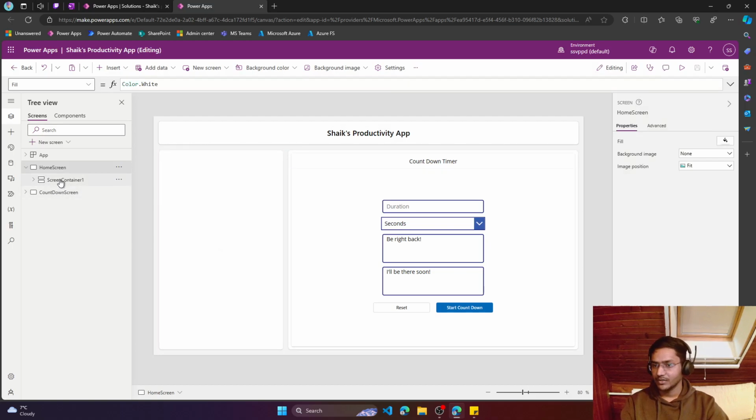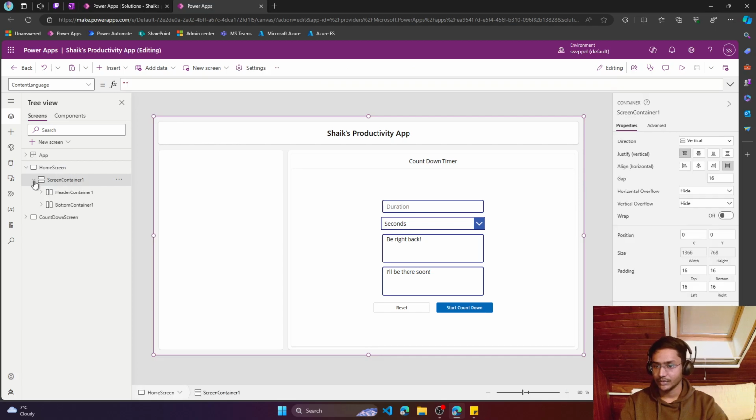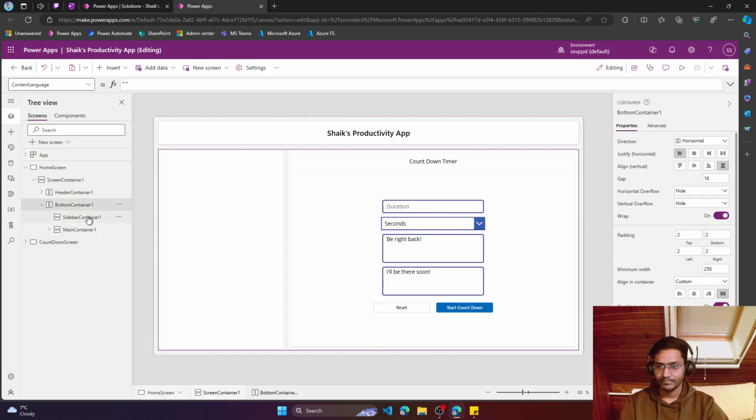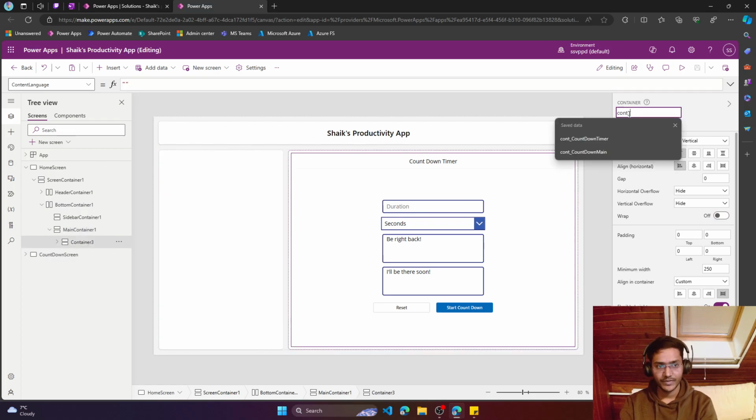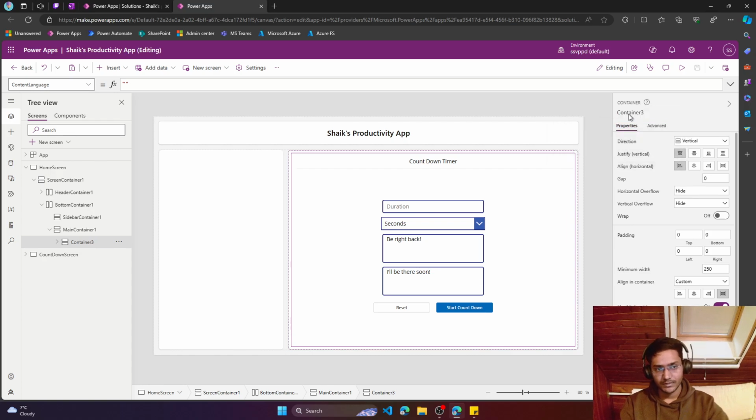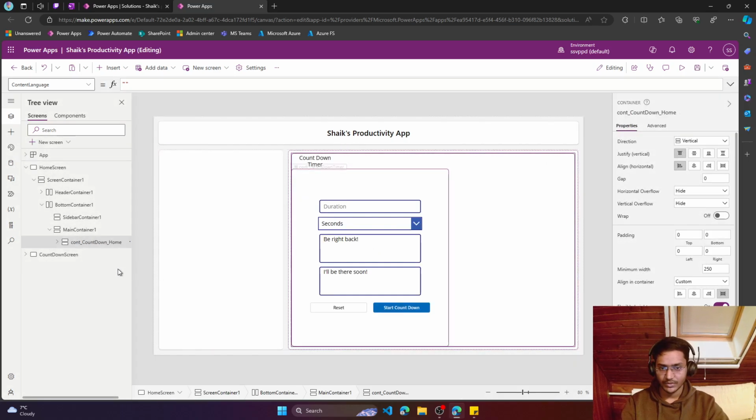Okay, so we're just going to reuse the same app for multiple of our projects. So this container has this one. Let me just say this is a countdown container on the home screen, and